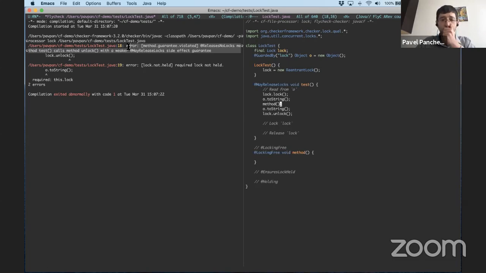So you can see that here, after I call the method, it is still valid to call toString on the object because we in fact know that the method does not release any locks. Similarly, you can write a method that ensures that a lock is held. So here I'm going to write a method that will just go ahead and lock the lock.